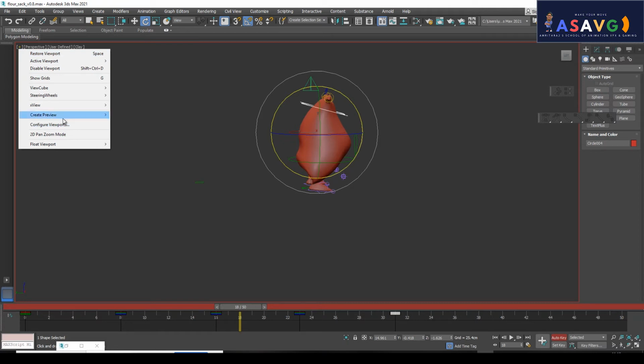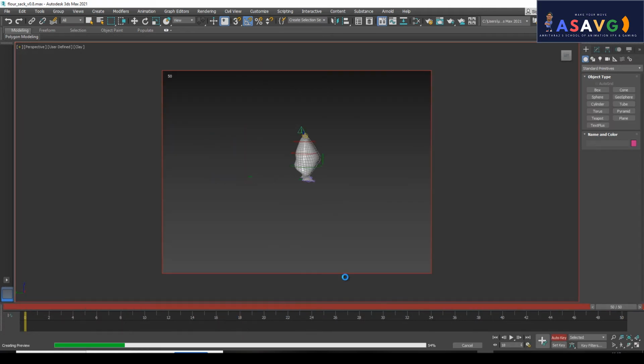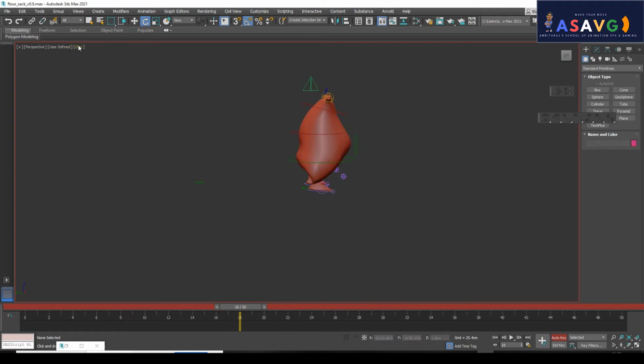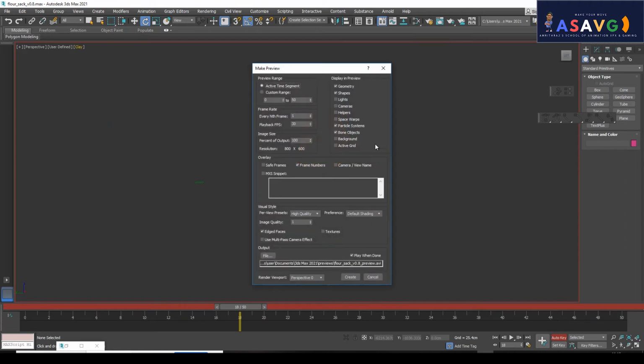Click here, create preview animation. So in Play Blast, we will make some changes. Create preview animation. I'll turn off the particle system, we don't want anything like that.